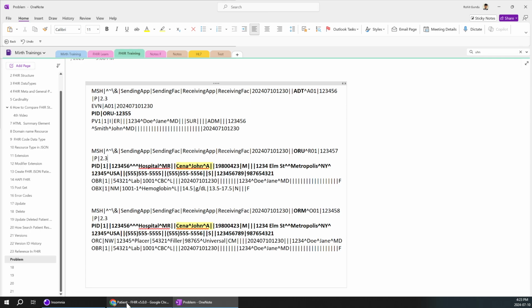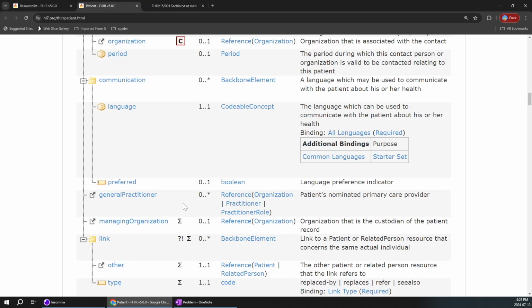So similarly in FHIR, they are going to use URLs. If you click over here, it says general practitioner. This is nothing but the patient's nominated primary care provider, the care provider who is going to take care of this particular patient of the hospital, the organization, who is a practitioner and everything. That's what it is. So for example, I'm going to click on the organization and open a new tab,